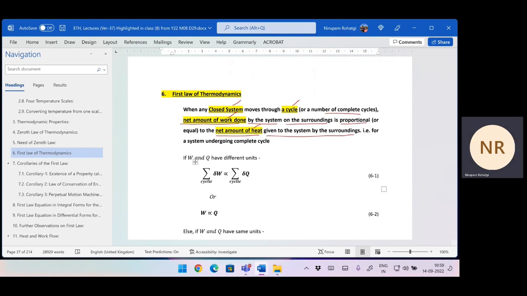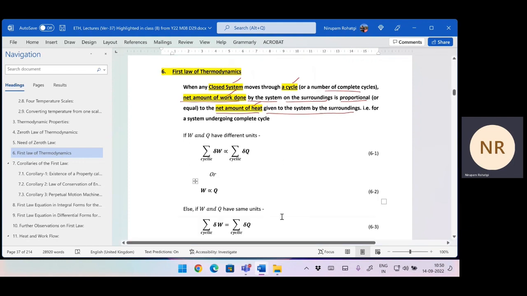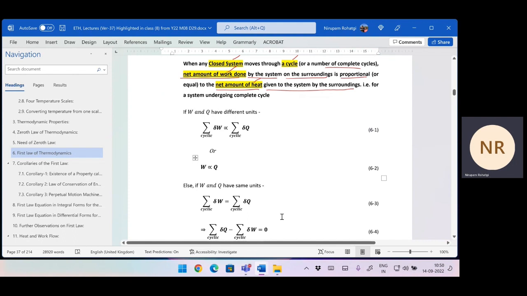So what are the conditions? First is that it should be closed. Second is that it should come back to its original state. Then the net amount of heat given is equal to the net amount of work done. Now this proportionality can be converted to equality if you have the same units. So heat in calorie will be proportional to work in joule, but if they are both in joules, then they will be equal. Okay? So you can write this. So this is your statement,